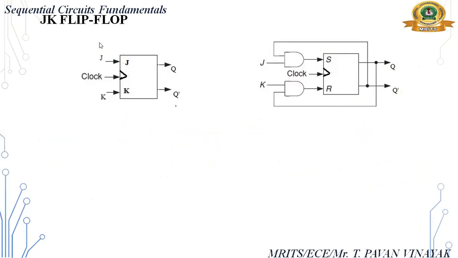The only thing we are doing is adding two AND gates. The AND gates' output is given to the SR flip-flop inputs. For the first AND gate, we give Q bar as input. For the second AND gate, we give Q as input. So remember, for K you give Q, for J you give Q bar. Remember only this one.